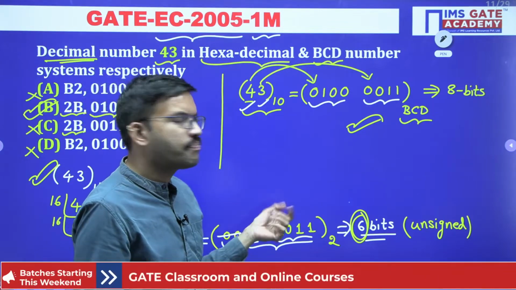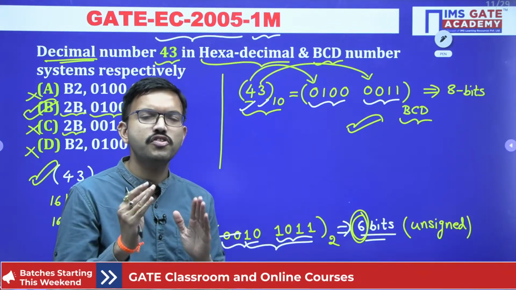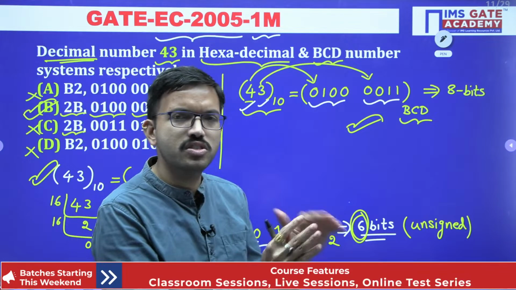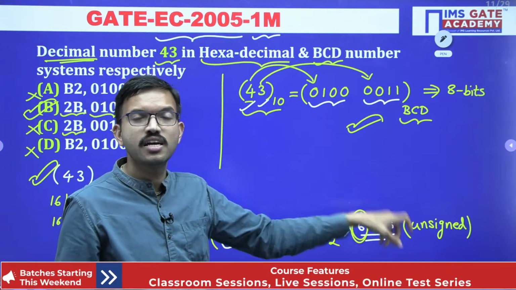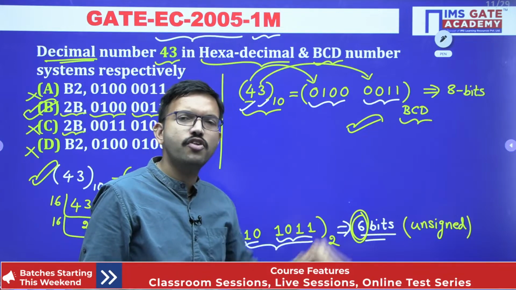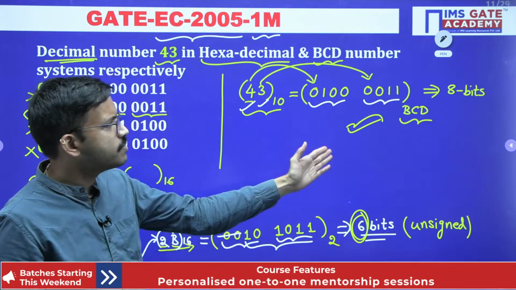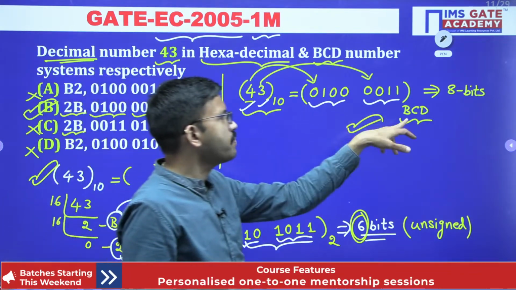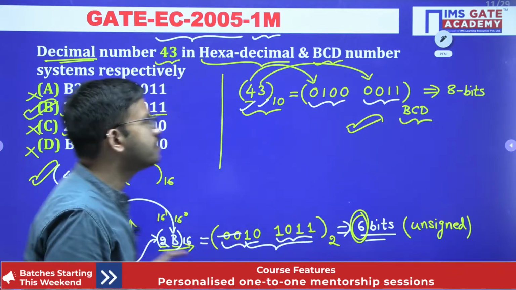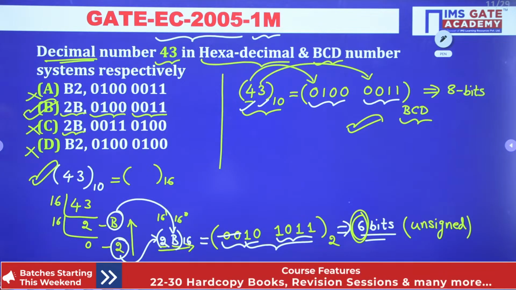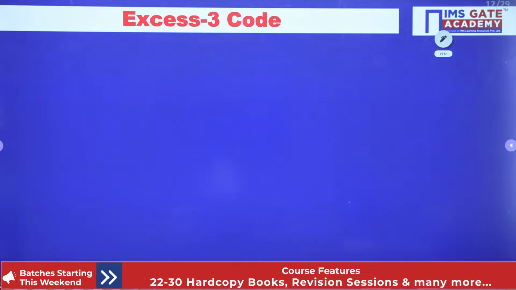So whenever after performing any result, if your requirement is just to store those results, that time you can use unsigned. But if that result, if you want to display in the decimal form on the 7-segment LED or LCD, then that time better you can use BCD. I hope all of you got the clarity. So with this understanding, let us proceed. The next code is